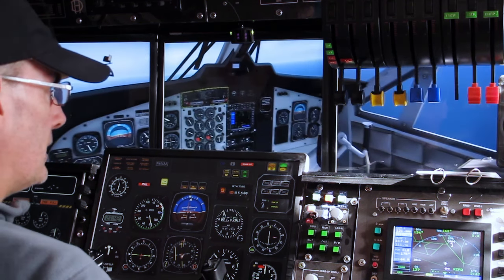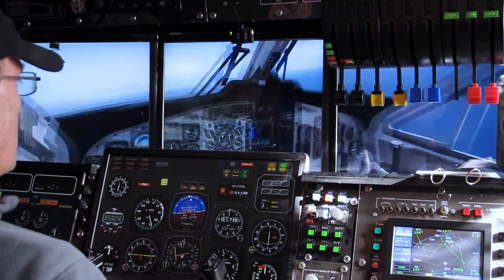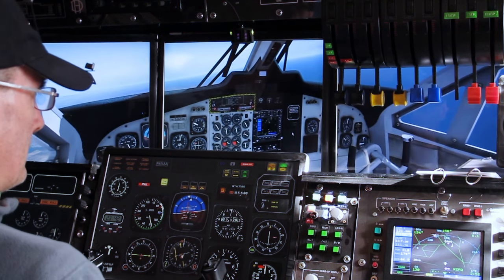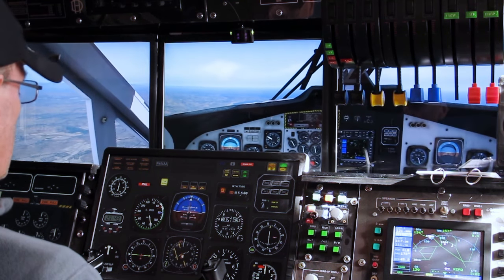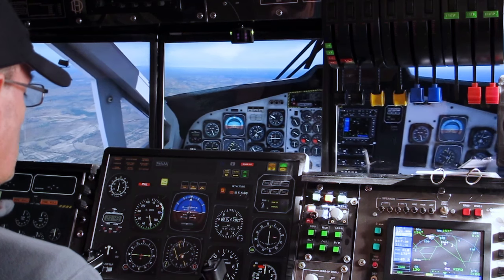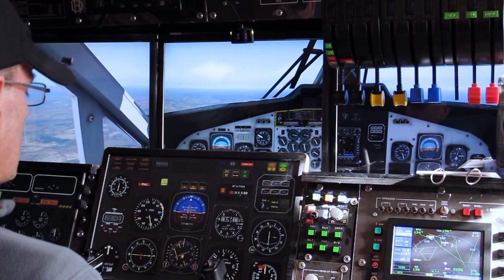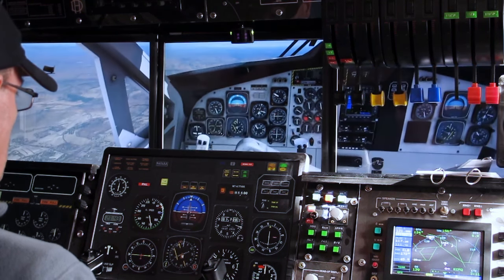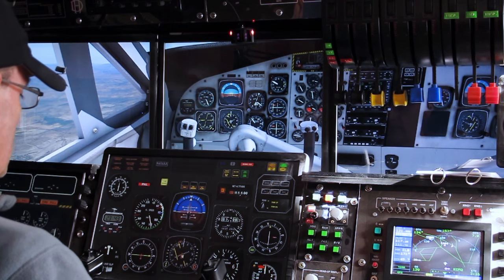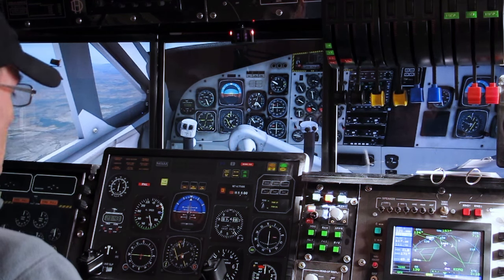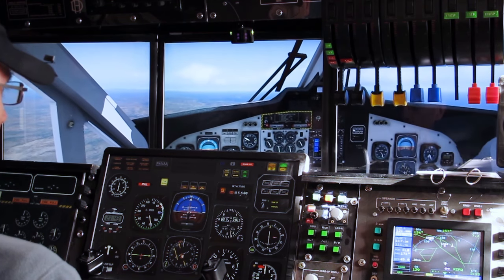Okay, so we've got a bit of altitude now, and I'm just going to engage the autopilot. I don't have any of the autopilot flight director mode set, so I'm just going to flip the on switch. So we're flying at about 120 knots. We're in a bit of a climb, and I think what I'll do is select heading mode. Now if you look at the heading bug, it's currently set a little bit left of where we are headed. It's set to 140, we're on a heading of about 156. If I engage heading mode,